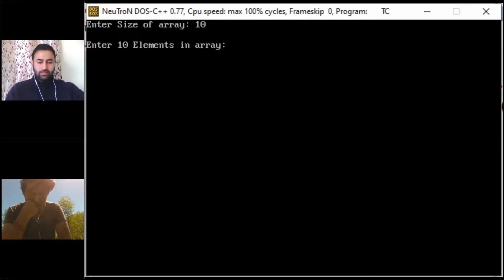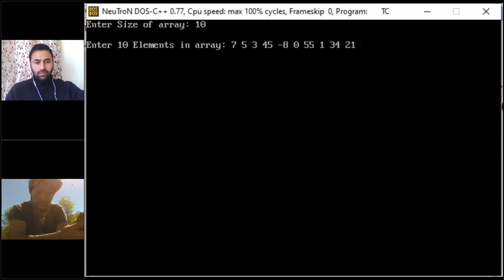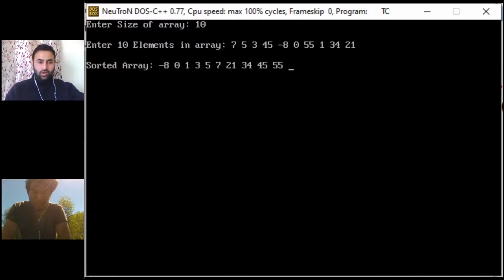So let me enter numbers in this array: 7, 5, 3, 25, -8, 0, 55, 1, 34, 3, 9, and then finally let us suppose the number is 21. So these are 10 numbers, and now see the output of this program.